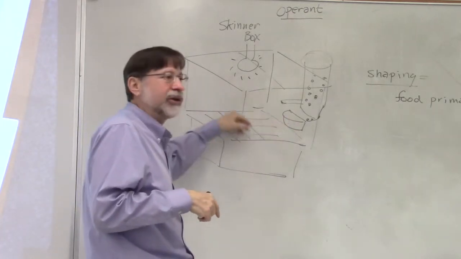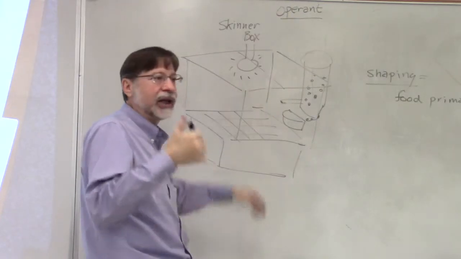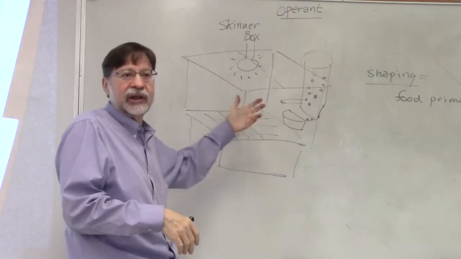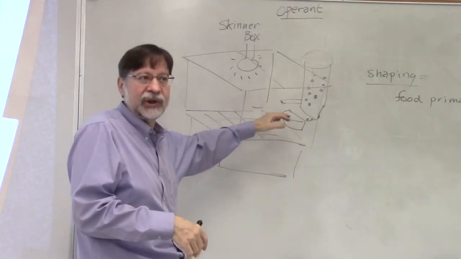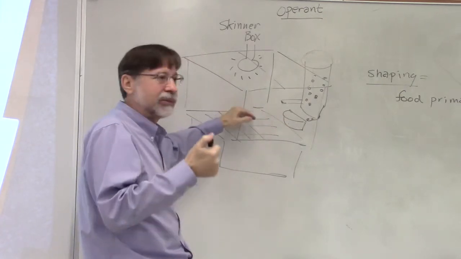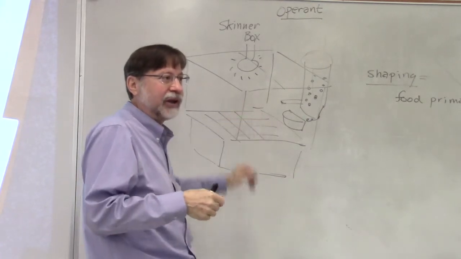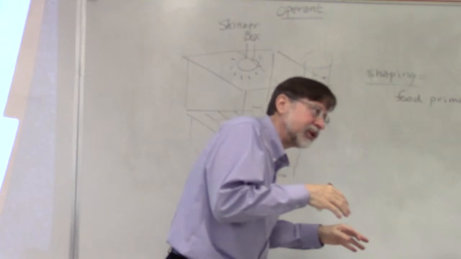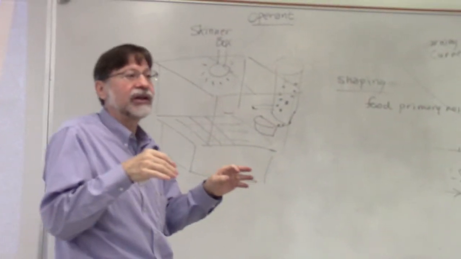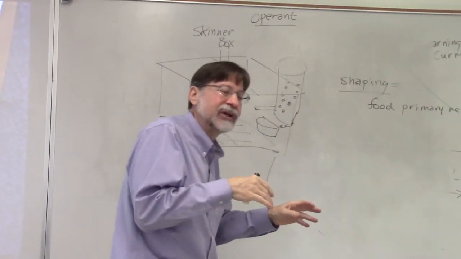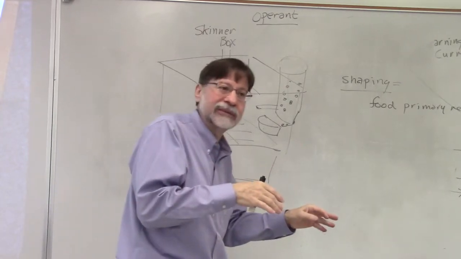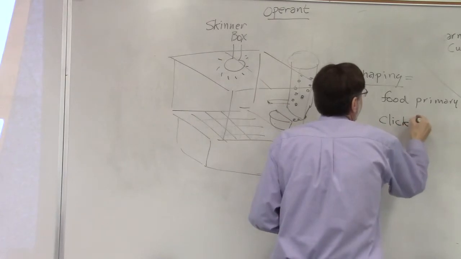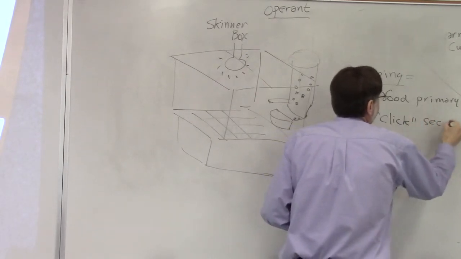And the rat will go back to doing various things, and when it's facing the bar again, I push the button, click, and the rat again might jump a little bit, and then it'll move around, and then it'll find the food and eat it. And pretty soon, when I push the button and it goes click, instead of the animal jumping in response to the click, it'll run over and eat the food pretty quickly. So it's learned that the click is paired with food, that when the click happens, food is there. So the click becomes a secondary reinforcer.